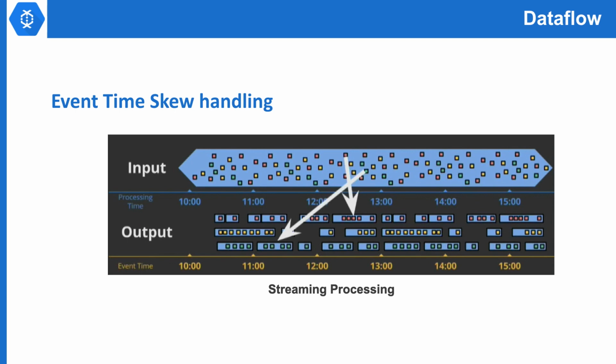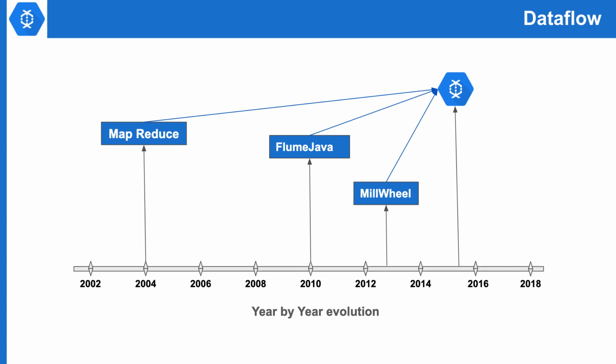MillWheel allows us to deal with late data using triggers. So using triggers, we can adjust the output of the previous window as new data arrives. In other words, we are able to constantly make our results more correct as our data becomes more complete, achieving complete correctness once we receive all the data. So using triggers, we will be able to push delayed data packets into the actual event time window. So Cloud Dataflow is the combination of MapReduce, FlumeJava and MillWheel as a fully managed cloud service for batch and streaming data processing.